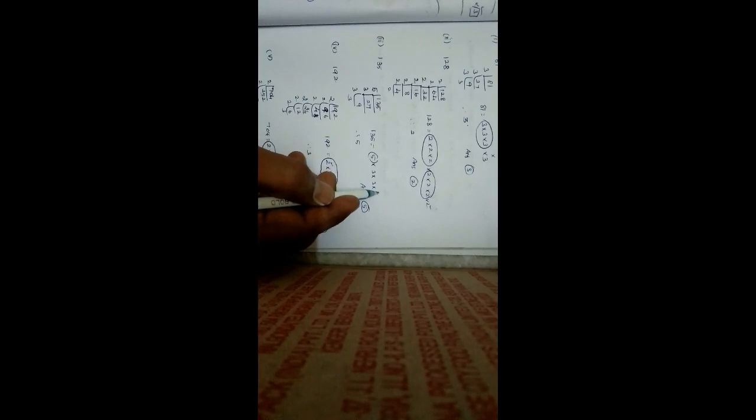So 81 we can write as 3, 3, 3, 3. One 3 is extra, so divide by 3. So the answer is 3. Next 108, 2, 2, 2, 2. So first pair, second pair, 2 is extra. That number is extra, so divide by 2. So the answer is 2. Next 135. So 5, another 3, 3, 3. So it's a set of 3 numbers. So that is extra. So remove this 5. That's why 5. Next 192. So 2 first set, another 2 also. Second set, 3 is extra.